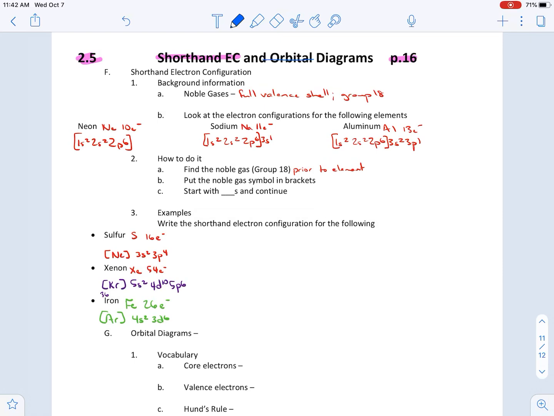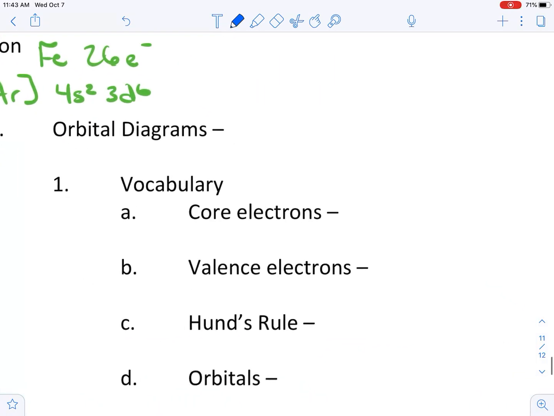This one is orbital diagrams. This is the last part of page 16, and now that we have shorthand electron configuration, orbital diagrams should go very, very smoothly. So orbital diagrams just give us